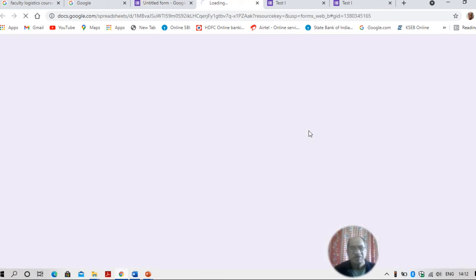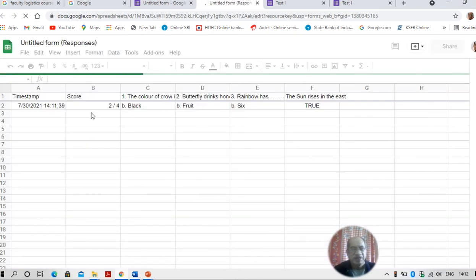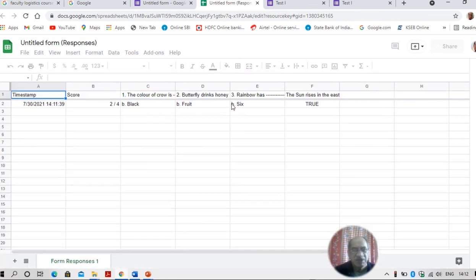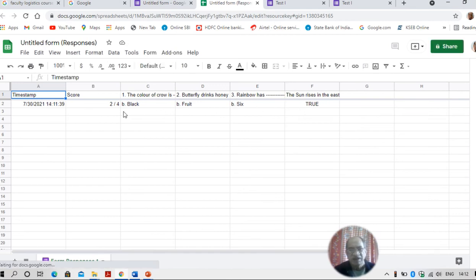You get a spreadsheet or Excel sheet with the timing, date, questions, options selected on each question by the student given here. Now if 15 students answer, you will find one by one the 15 students' answers, time, question, option selected, everything on this sheet.